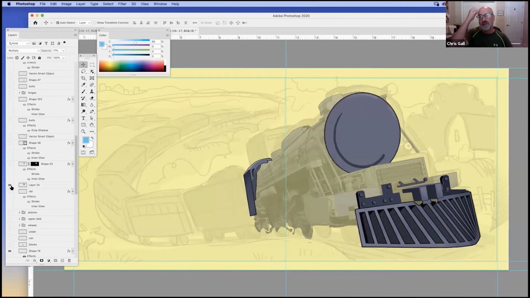So I've created the nose of the steam boiler. I've created that with an ellipse tool. I can show you that real quick. I go over here to my tools, and I'm going to basically mimic